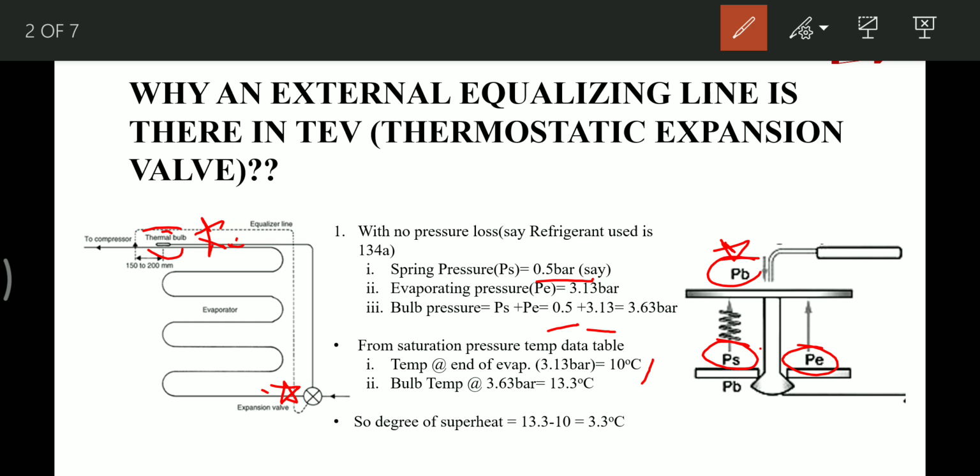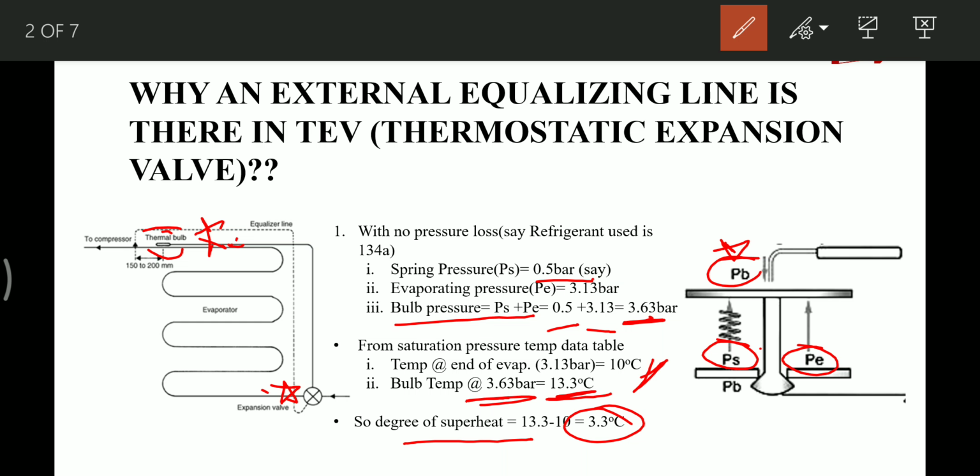From the chart we can get it will be 10 degrees Celsius, and at the same point inside the bulb, the pressure will be 3.63 bar, as we know from this equation. So the corresponding temperature will be 13.3 degrees Celsius. So there will be a superheat of 3.3 degrees. So this is the setting of the superheat which we require in the actual case, where there is no loss in